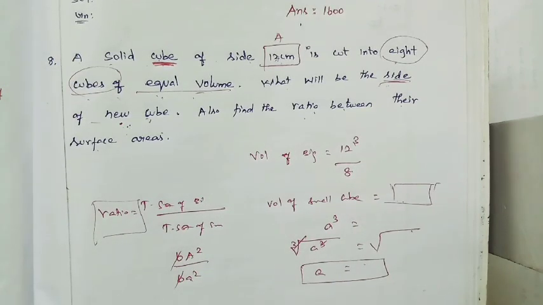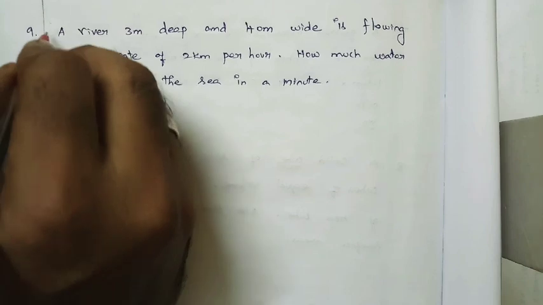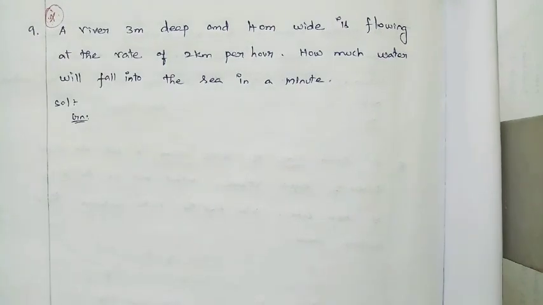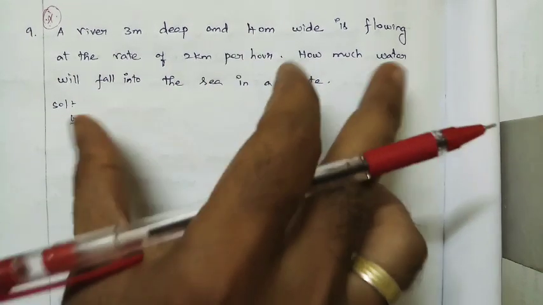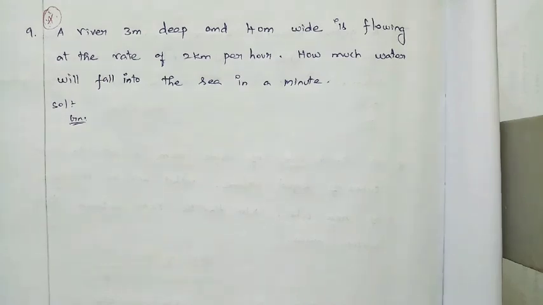Still one more sum. Now itself we will complete. Then we will complete this exercise. Sum number 9. And this is very important type of a sum. In 10th standard, these model sums are very important. Okay, but this is very easy one. In 10th standard, they will ask you somewhat still they will go very depth. Okay, sum number 9.